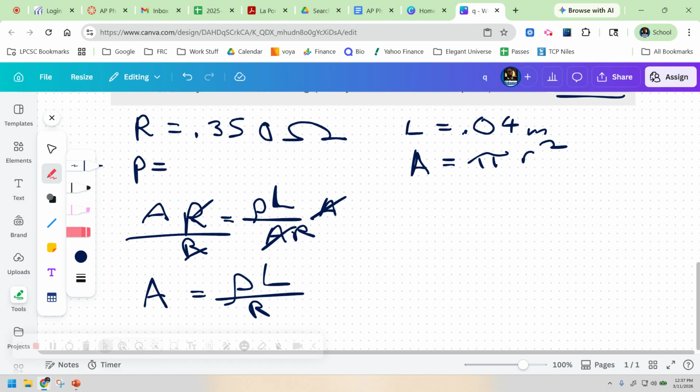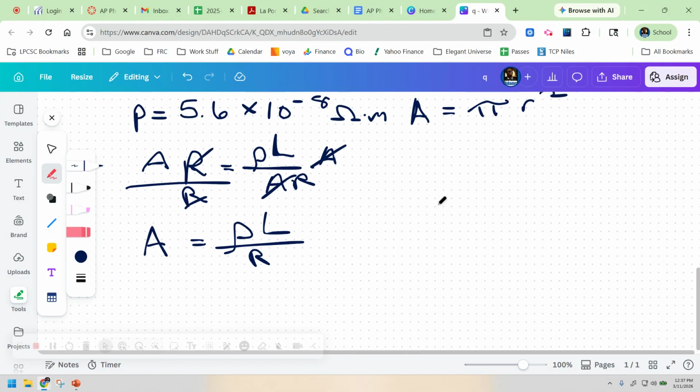And the only thing I have to do is look up this resistivity of tungsten. So if you look that up in your book, it is 5.6 times 10 to the negative 8, and that's ohm meters. Okay, so then to solve this, I just plug in those numbers. I know what my resistivity is. It's